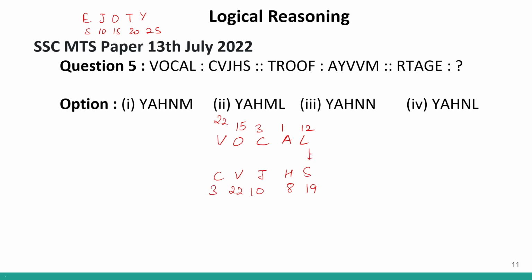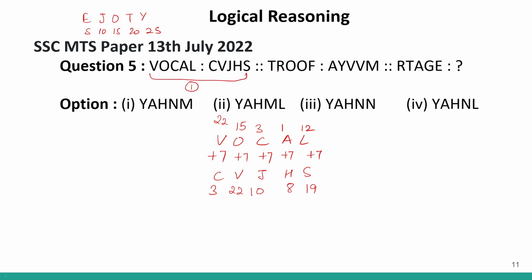So here I can see there is a plus 7. Here also 1 to 8 plus 7. 3 to 10 plus 7. 15 to 22 plus 7. And from 22 to 3: W, X, Y, Z, or you can call it V, W, X, Y, Z, then A, B, C. This is how looping works. So from V, if I have to go 7 positions forward, 1, 2, 3, 4, 5, 6, 7, I will come back to C. So this is also plus 7. So this is true for this particular pair, that is pair number 1.